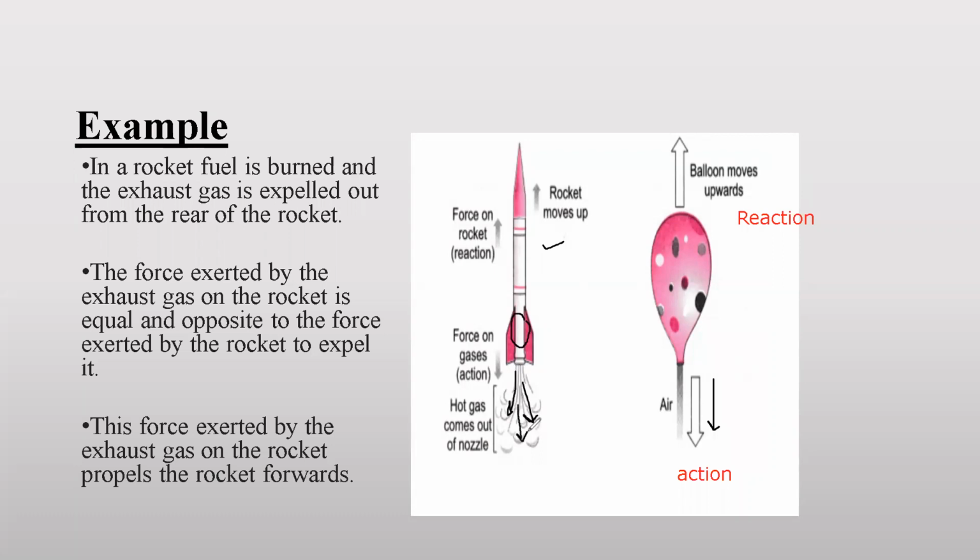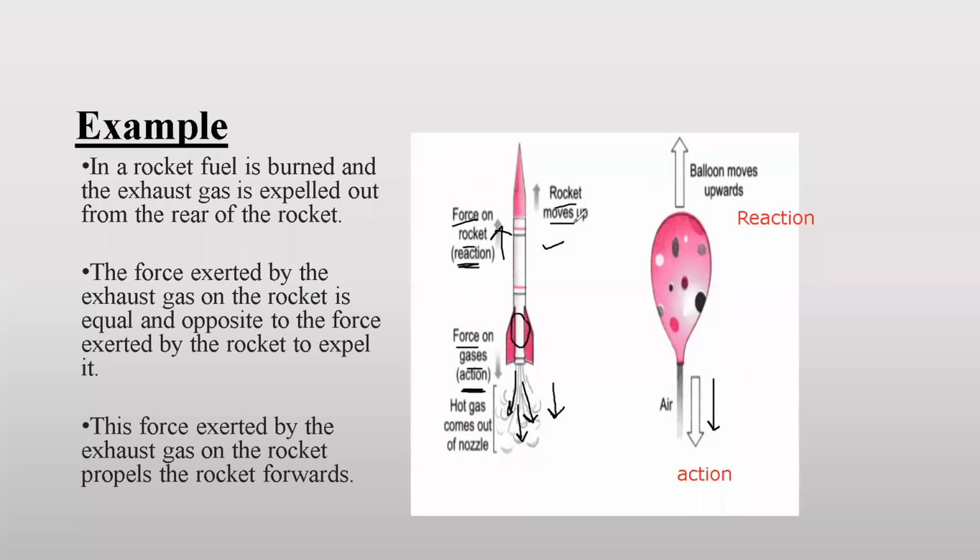Then when these gases are ejected out, they are ejected with a very high speed and a very high force. So the force acting on the gas will act as the action. As we know that there is a reaction for every action, the reaction force acts on the body of the rocket. And it acts exactly in the opposite direction, that is in the upward direction,